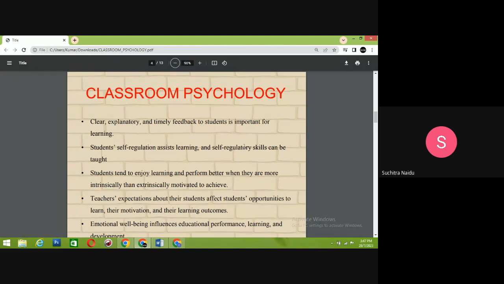Then next one, students' self-regulation: assess learning, and self-regulatory skills can be taught. Self-regulation refers to the student's ability to control their emotions and behavior. When they are sitting in the class, most of the times the student might not be interested. First and foremost thing, if the student likes the teacher, only then he will like the subject. It is never that he likes the subject, so he will like the teacher also. Then an additional boost to understand the subject is developed in the student. So it is the teacher who tries to bring out all the hidden talents of the student towards that particular subject. So here the student has to control his emotions and behavior,